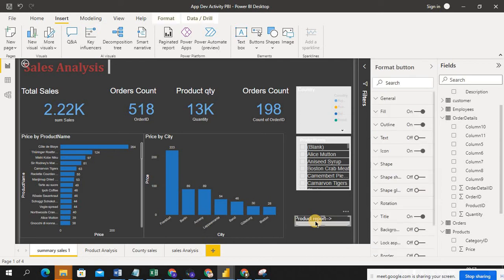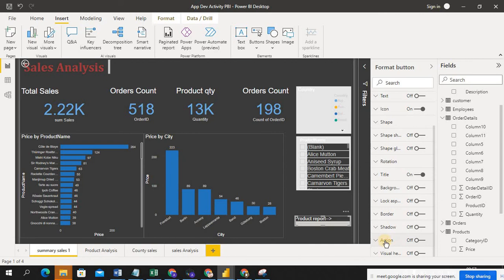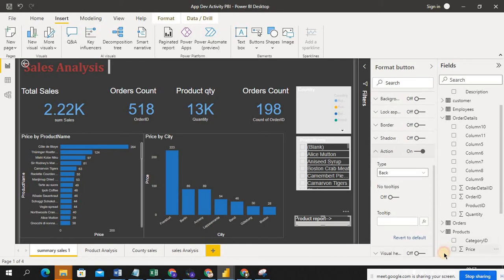Now the action I have to give, right? If I click on this button, this product analysis has to go. Now come down. There is an action, just click on that action drop down. So what action do you want to perform? I want to activate the sheet, right? If I click on this, the product analysis sheet has to be activated. Now select